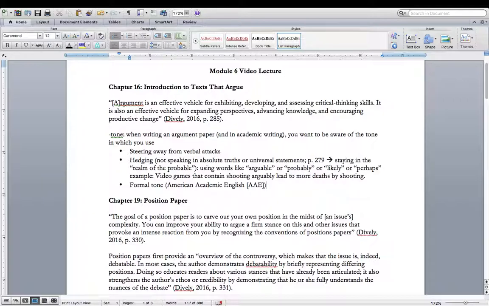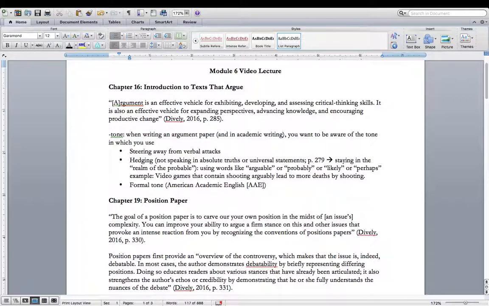So I'm a little trepidatious for you. But because you guys have been doing really well in general, crafting your writing really well, I'm hoping that translates or transfers to this other type of writing,